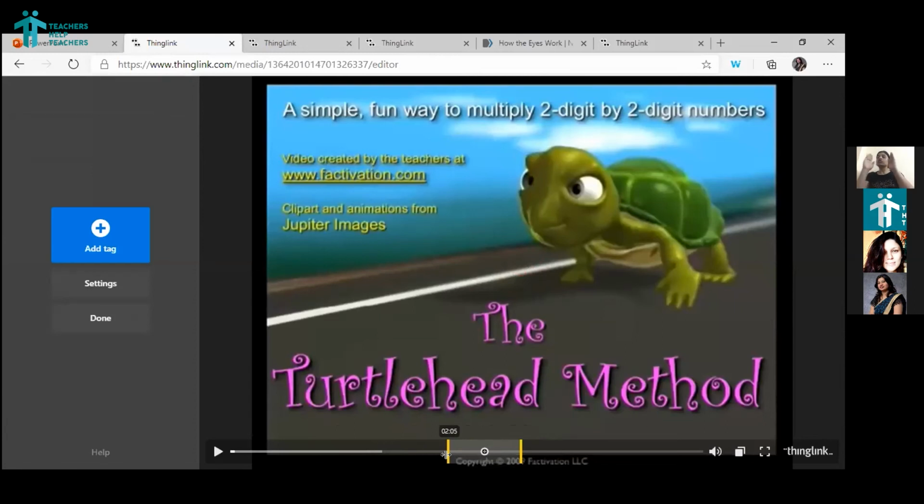I also mentioned that you can make it very long if you want to write a complete paragraph that has to be read by the child before he watches the video, like some instructions you want to write down. So you can elongate the span, how long you want the tag to stay on the screen. I'm starting it from the beginning so that we can see how the tag is working, and I'm making it a little longer so that it stays on the screen.